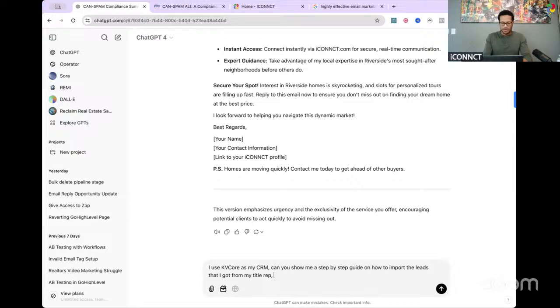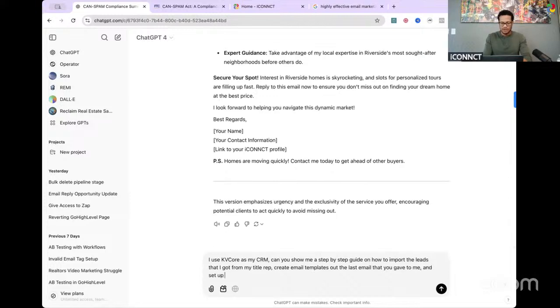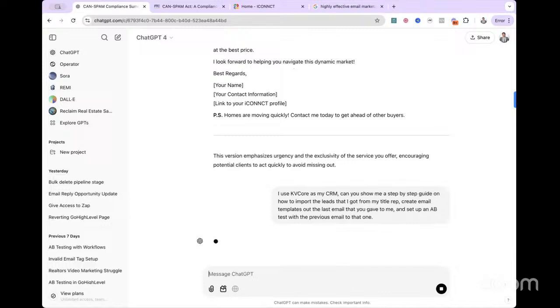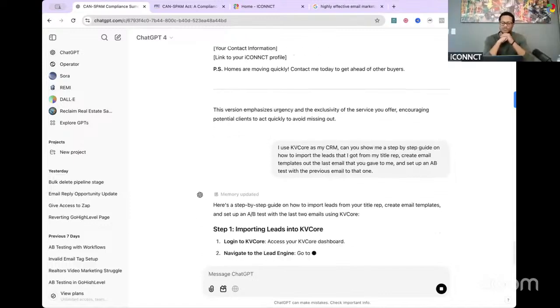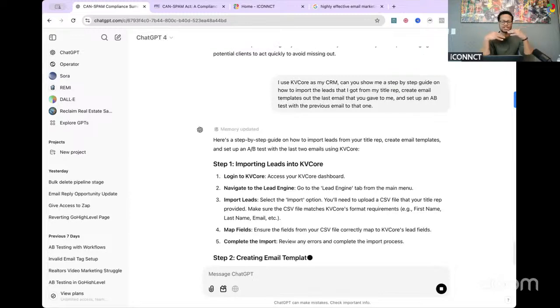Create email templates out of the last email that you gave to me and set up an A/B test with the previous email to that. That doesn't even make sense. And I'm gonna just see how well it does. That makes sense. Okay. So now what it's doing, and this is why I like paying for the ChatGPT 4 language